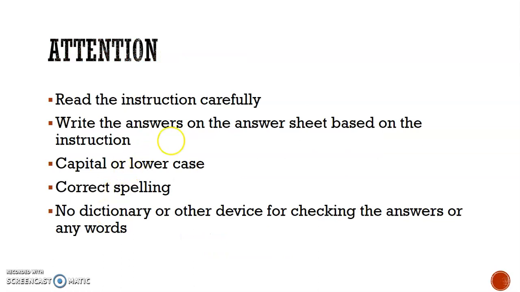Please pay attention to these bullets here. The first is read the instructions carefully. For example, if you have to choose an option, you have to write down A or B or C. If you have to complete a sentence and you have to write down only one word, please make sure that you only write down one